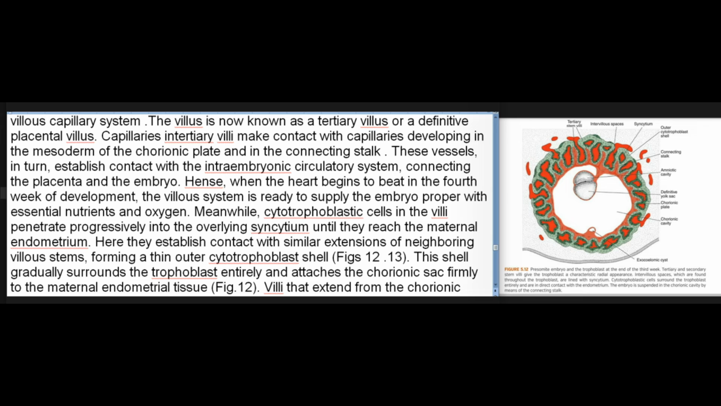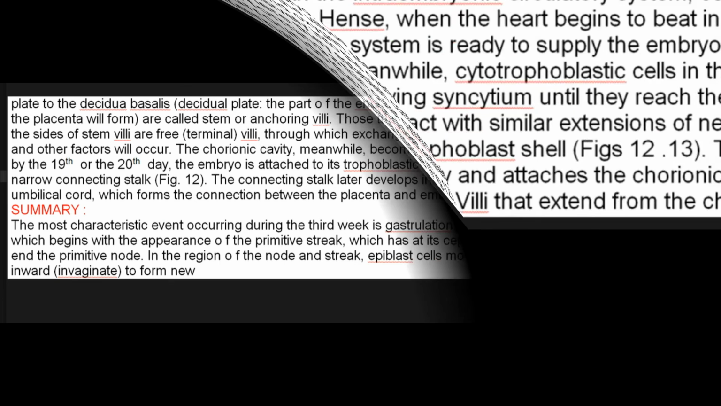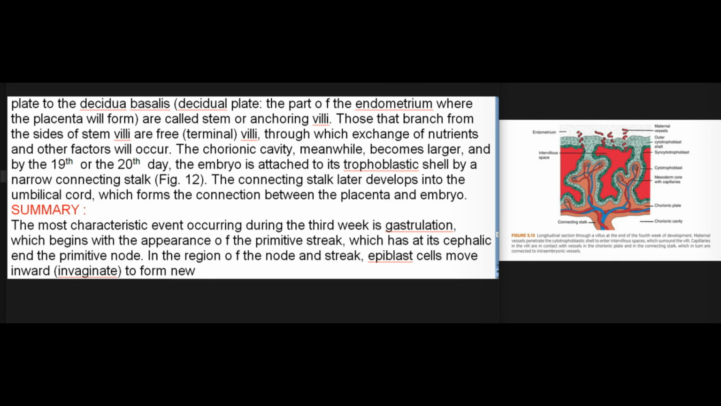This shell gradually surrounds the trophoblast entirely and attaches the chorionic sac firmly to the maternal endometrial tissue, Fig. 12. Villi that extend from the chorionic plate to the decidua basalis, the decidual plate, the part of the endometrium where the placenta will form, are called stem or anchoring villi. Those that branch from the sides of stem villi are free, terminal villi, through which exchange of nutrients and other